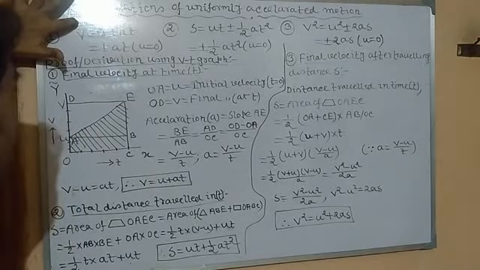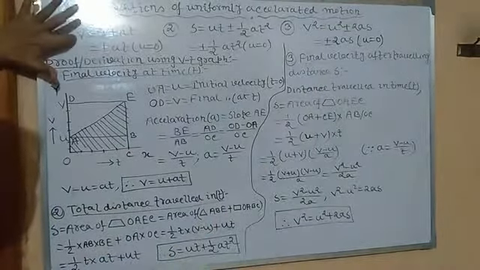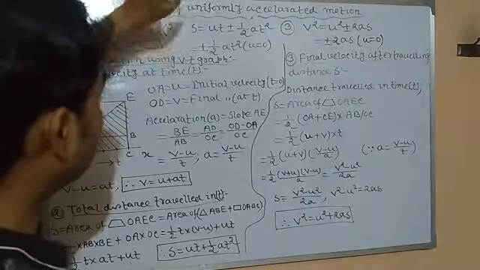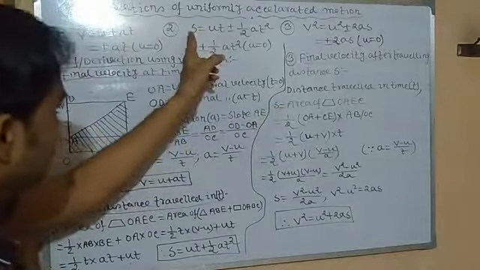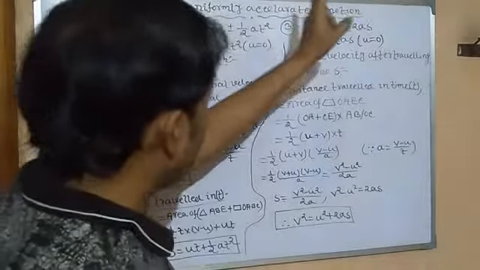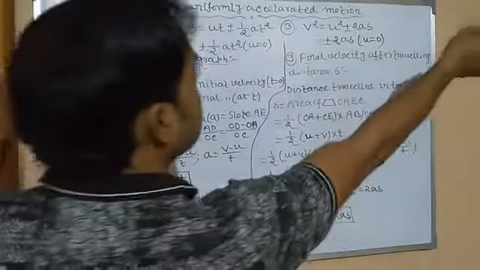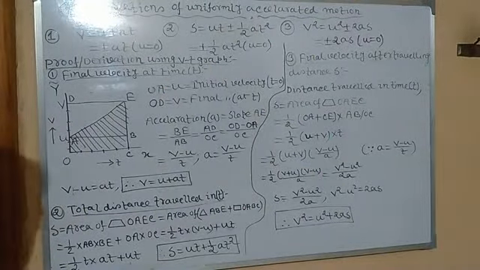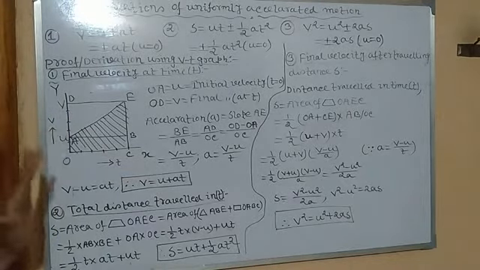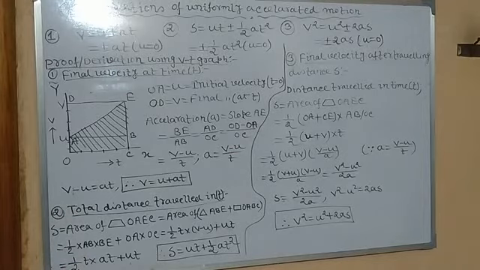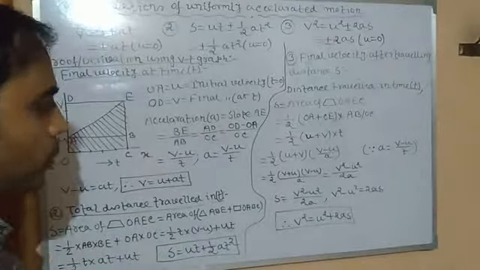the final velocity of a particle having some initial velocity moving with uniform acceleration after time t. Distance traveled by a body moving with uniform acceleration having some initial velocity after time t, that is distance s, and this is the final velocity having some initial velocity moving with uniform acceleration after traveling some distance s. So this is the derivation of the equations of motion of a body moving with uniform acceleration with the help of a graph. Without using a graph you can also prove it. Clear?